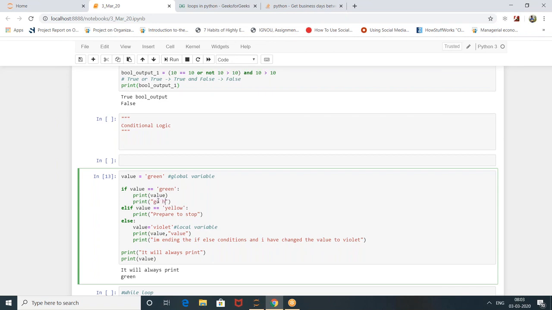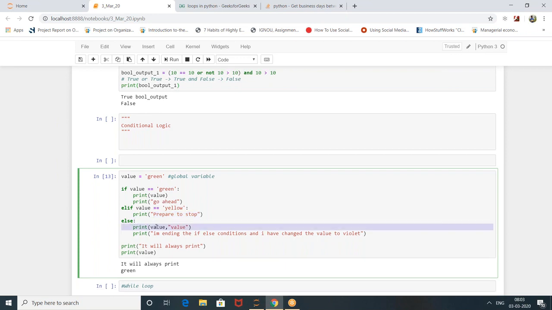Or else go ahead. Elif, if value was not green, if it is yellow, elif value is equal to yellow, print prepare to stop. Else, this I will remove because that was questioned by Pawan.